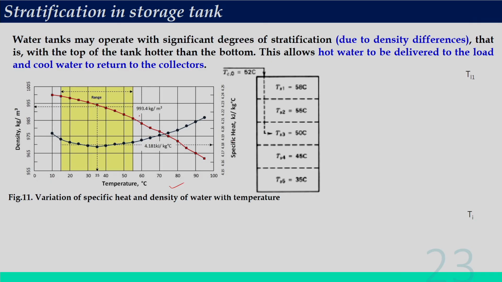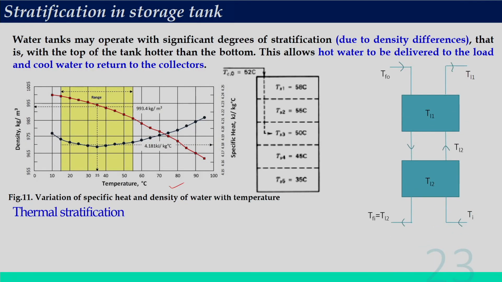As you can see, density is decreasing with increasing temperature, but specific heat is increasing with increasing temperature. That means if we have to operate at higher temperature, then MCpV will be higher, and that way our losses will be more. Okay? Now, if we analyze this thermal stratification process,